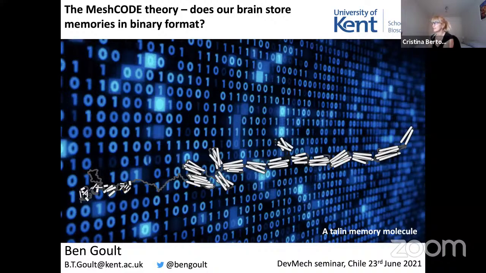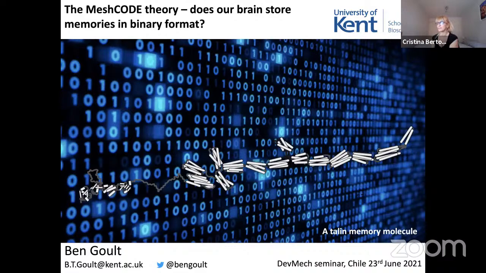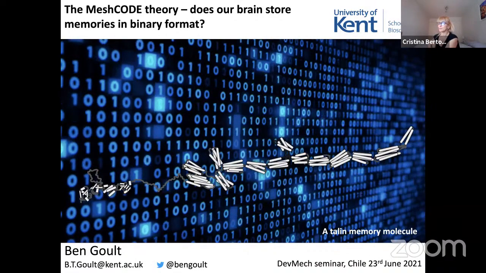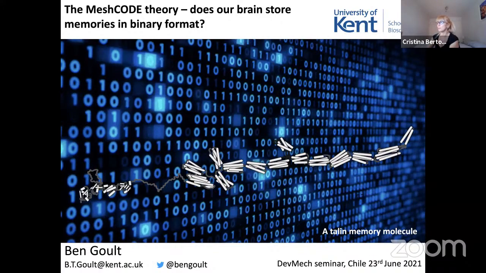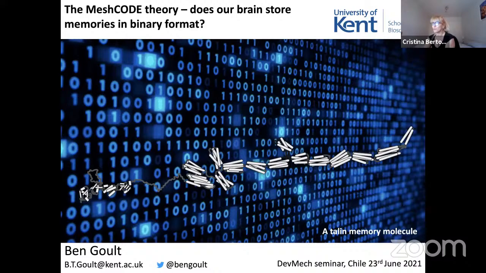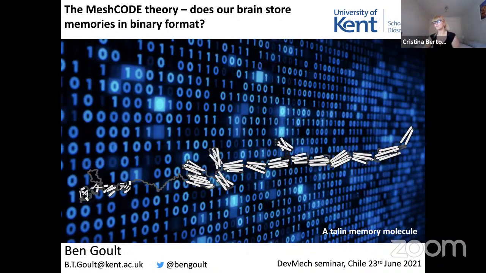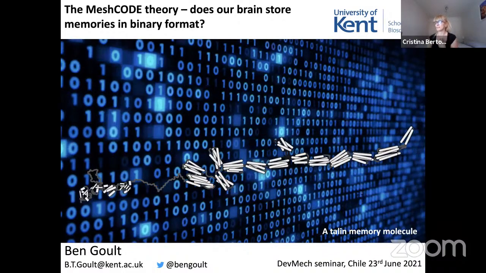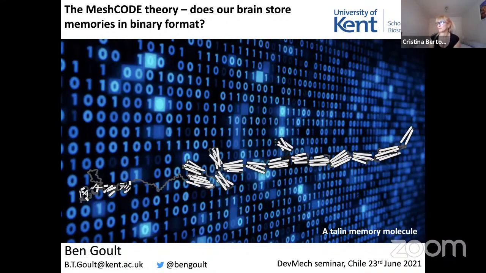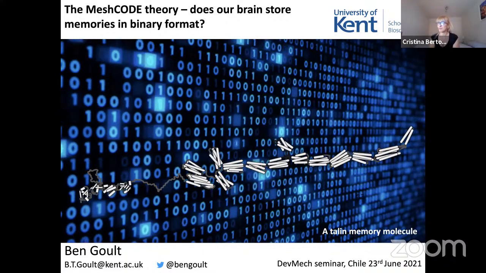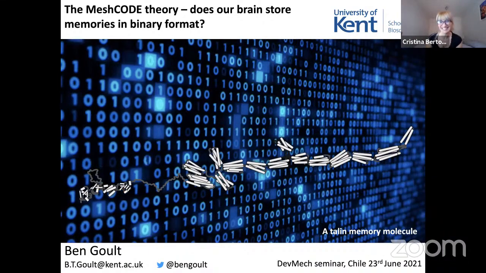In 2014, Ben moved to the University of Kent, where he set up his own group on structural mechanobiology of talin and how cells can convert physical cues into biological signals and to understand the mechanical basis of memory in the brain. In line with this, this year, Ben and his lab have developed a revolutionary new theory for how memories are stored in the brain, what they call the mesh code theory. This discovery may be the beginning of a new understanding of brain function and in treating brain disease such as Alzheimer's disease. So today we are extremely excited to have you with us, Ben, and we are looking forward to hearing about the brain as an SD card. Okay, so the floor is yours.